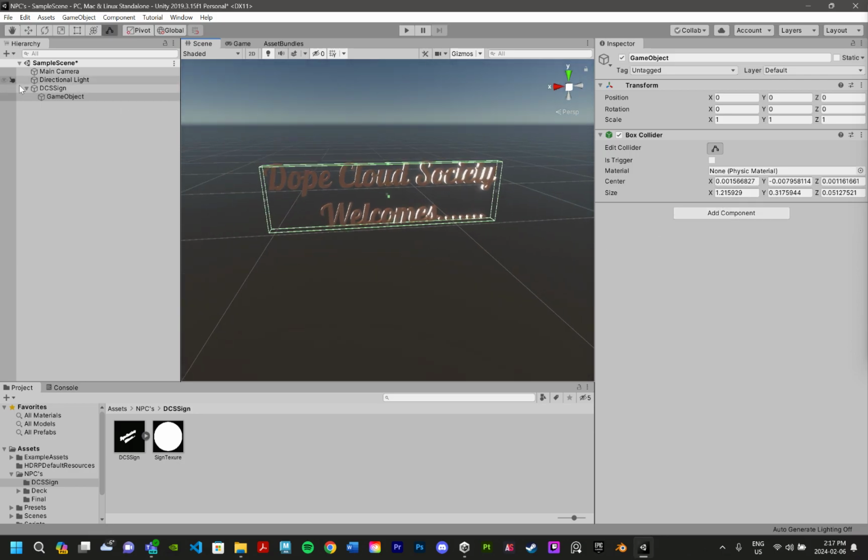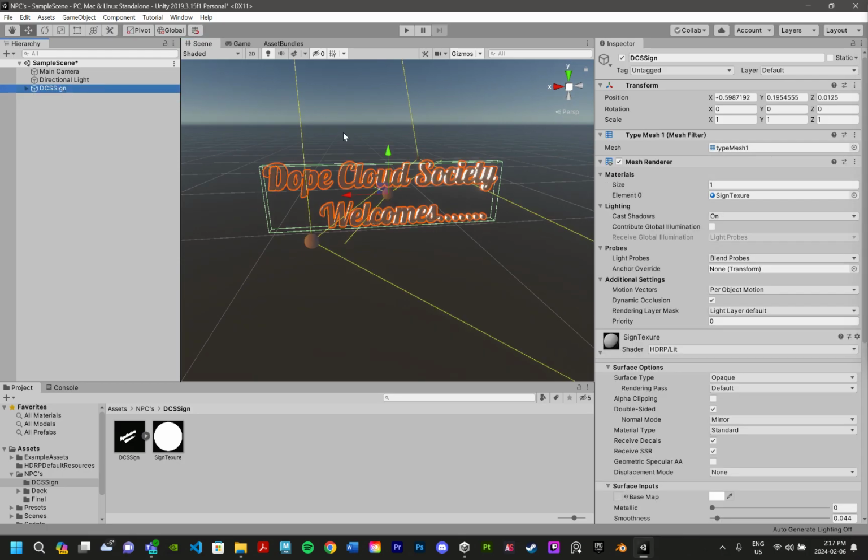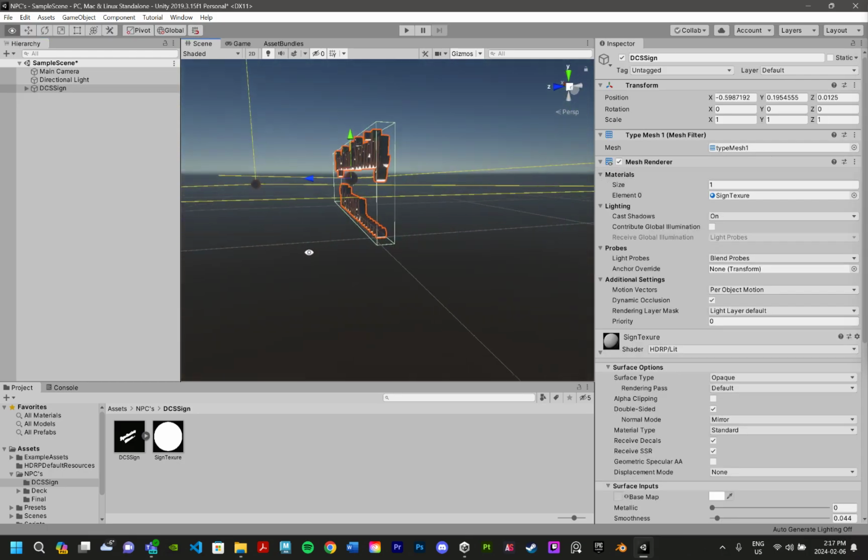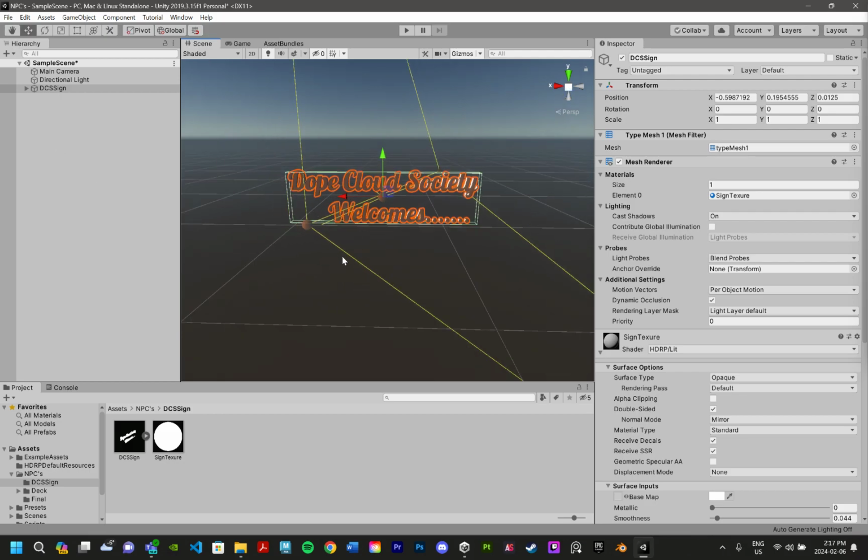And then that's all you have to do for that. So it now has a collider and is a 3D object and has a texture applied to it. Even though I took my texture off, you would have one applied at this point. So all you have to do from here,